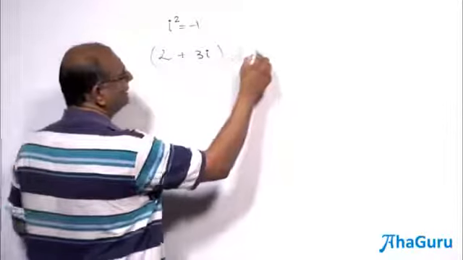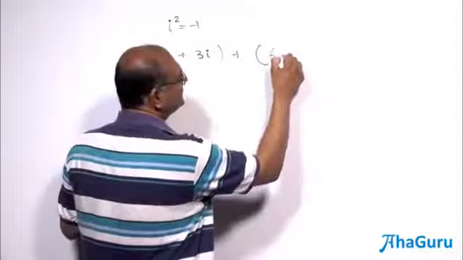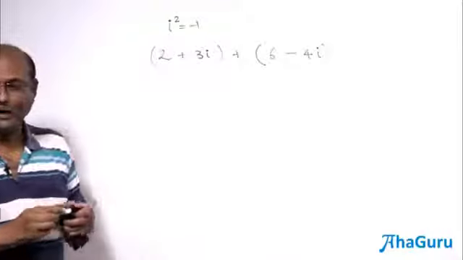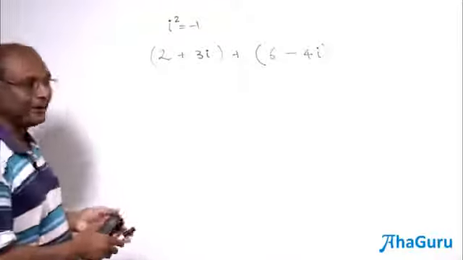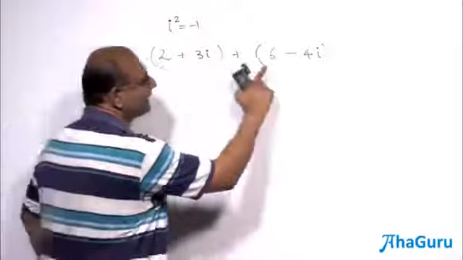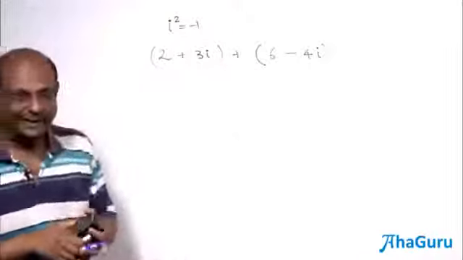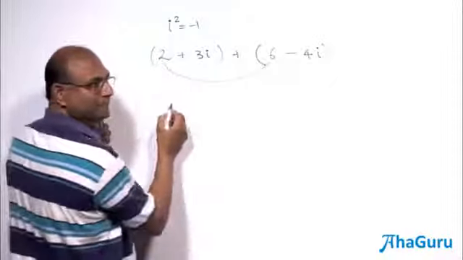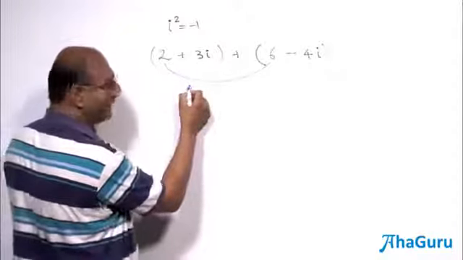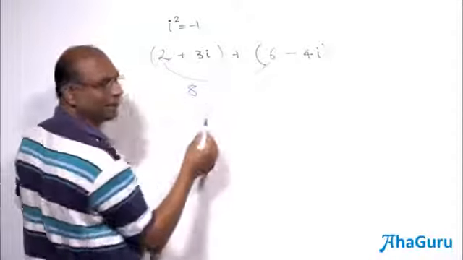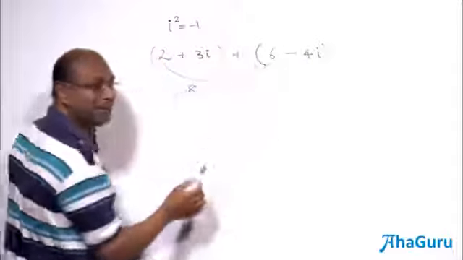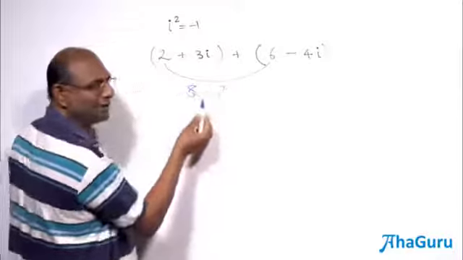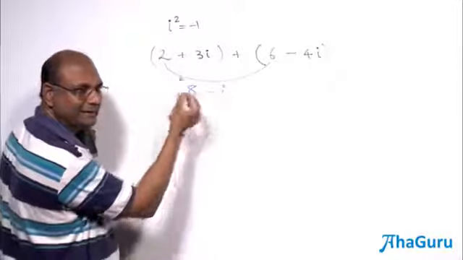Okay, so let us take one simple example, 2 plus 3i. Now if I have this plus 6 minus 4i, these are two complex numbers and I want to add them. When I add them, I basically look at this number and that number. The real parts will add up, the imaginary parts will separately add up. So 2 and 6 together, what do you get? 8. 3i and 4i, but that is a 3i plus a minus 4i, so you're going to get a minus 1i. For minus 1i, we don't write the 1. We usually just leave it as 8 minus i.